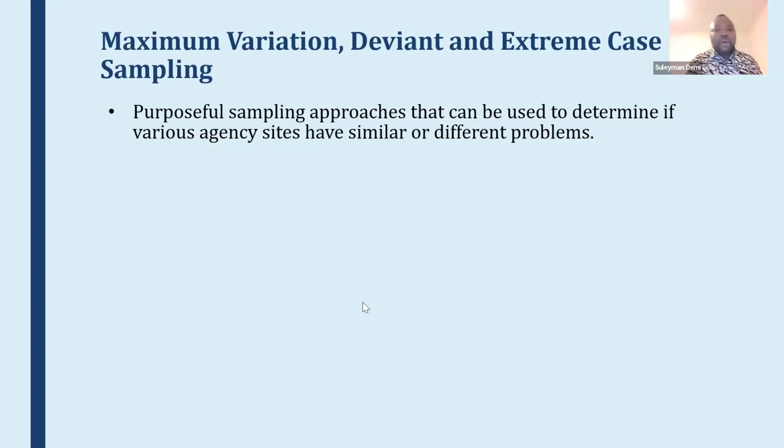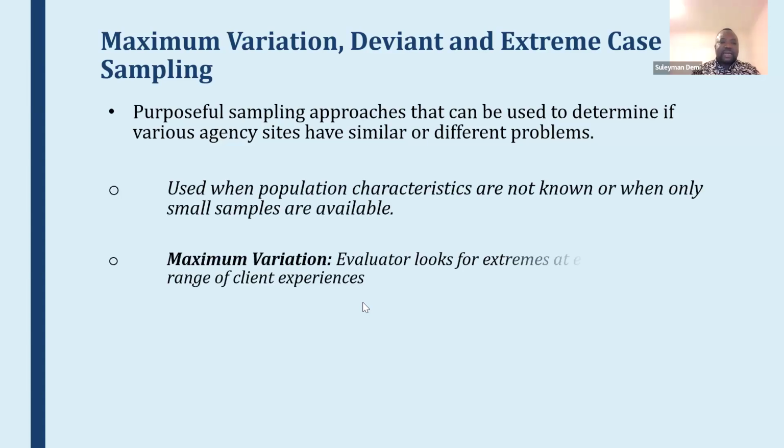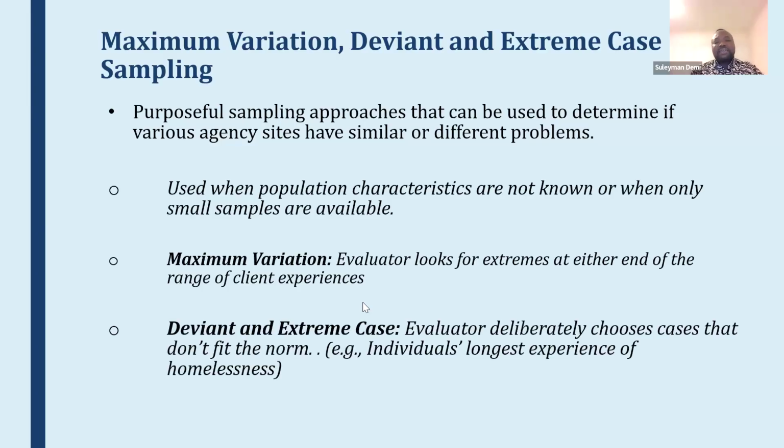So then we have what we call the maximum variation, deviant, or extreme case sampling. This is also a type of purposive sampling, and the approach can be used to determine if various agency sites have similar or different problems. So what is the deviant case? You are looking at the extreme, right? An extreme case. So let's take, for example, you want to